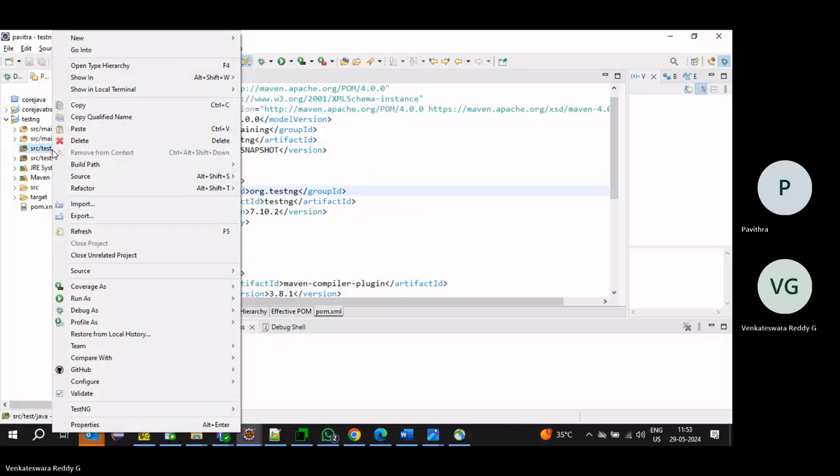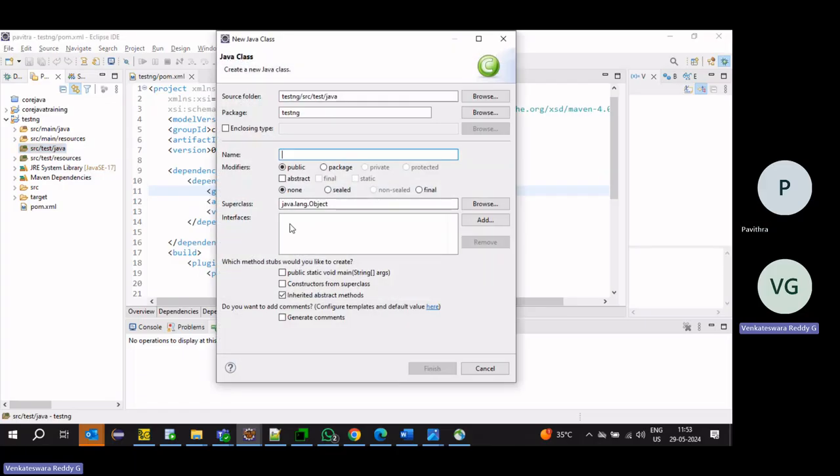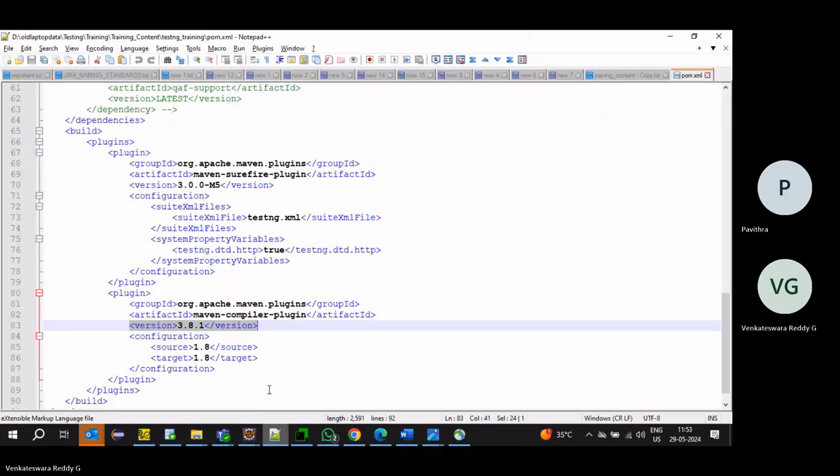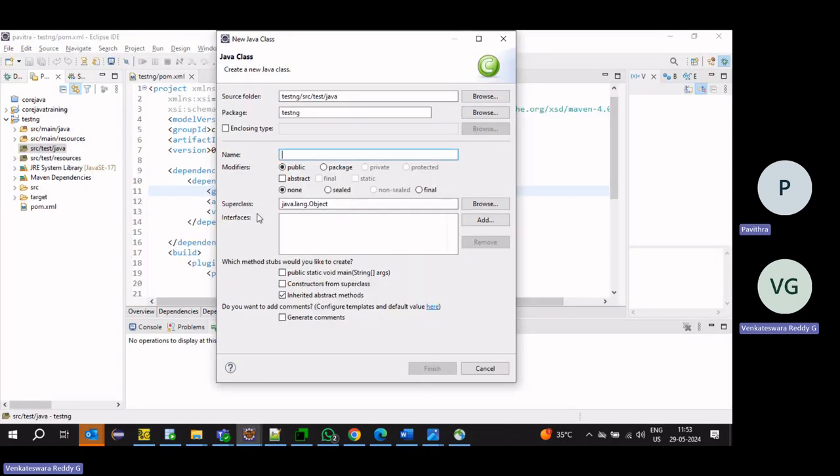Now, right click class. Suppose I will add our first data concept running test. Will create a simple test case.